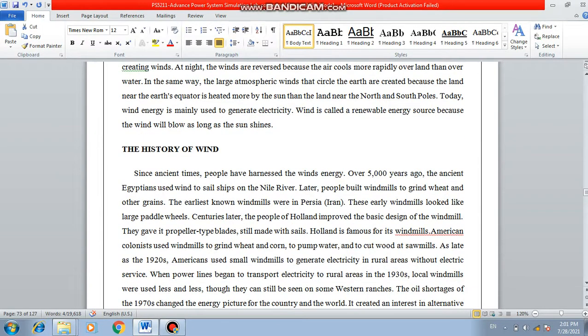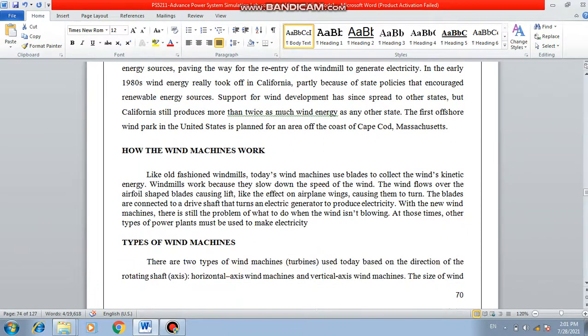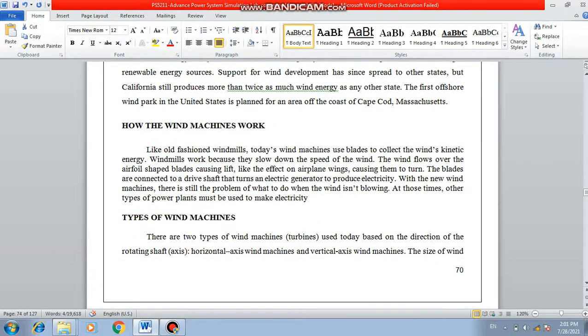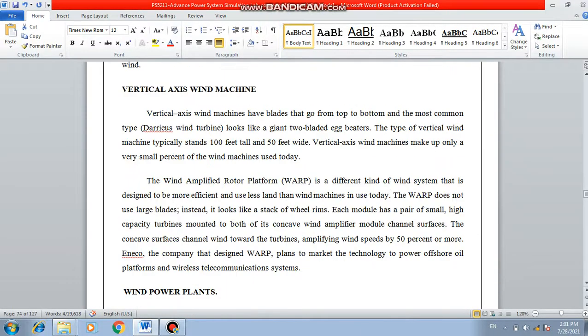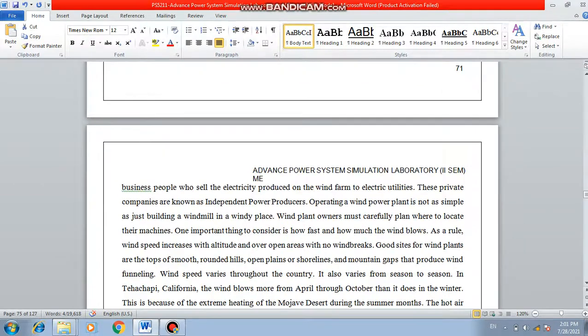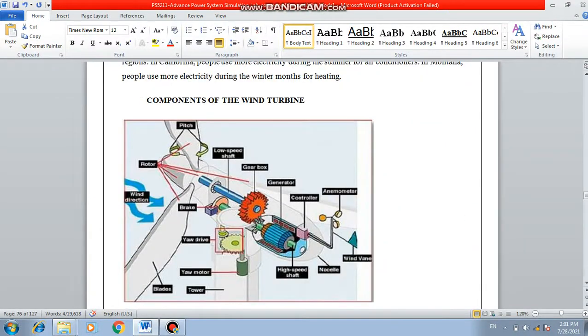Then the history of the wind, and then how the wind machine works, and the types of wind machines. The wind machines are classified into horizontal axis and vertical axis wind turbines. So different diagrams and various theoretical background on wind machines have been given, and these are the various components